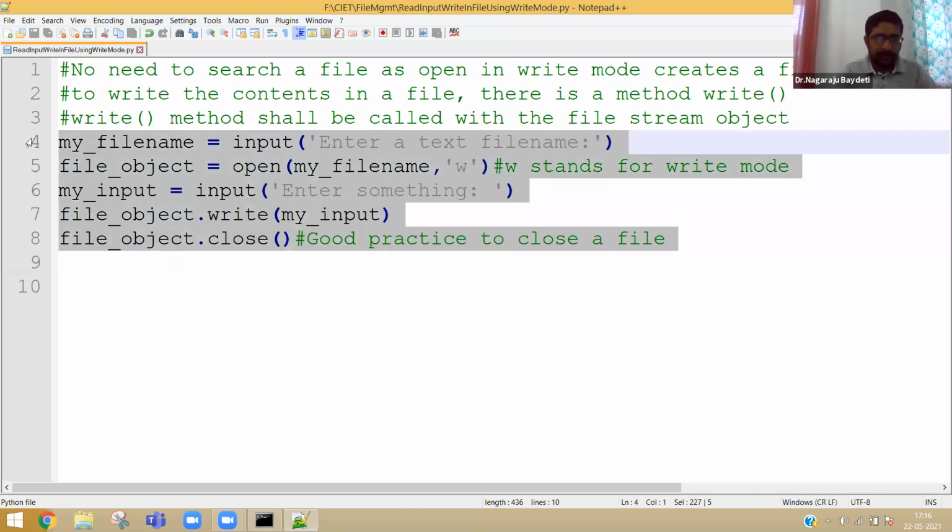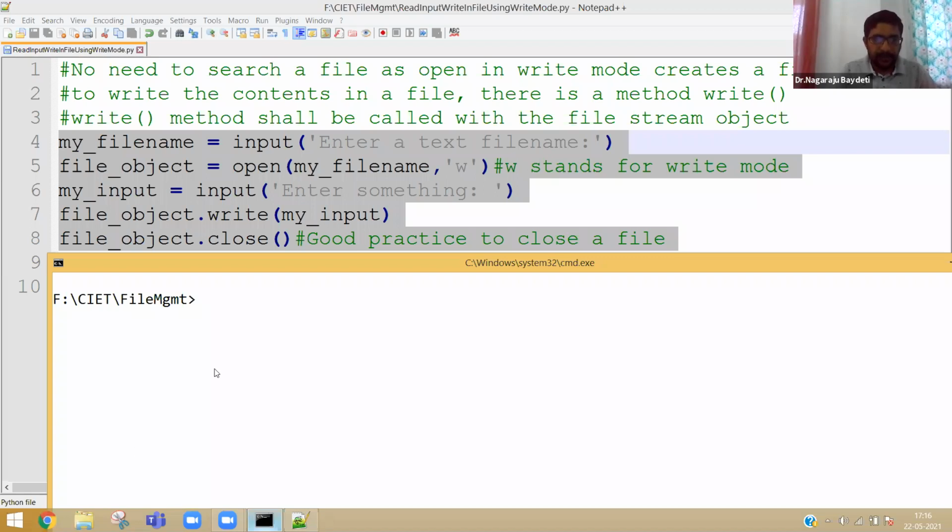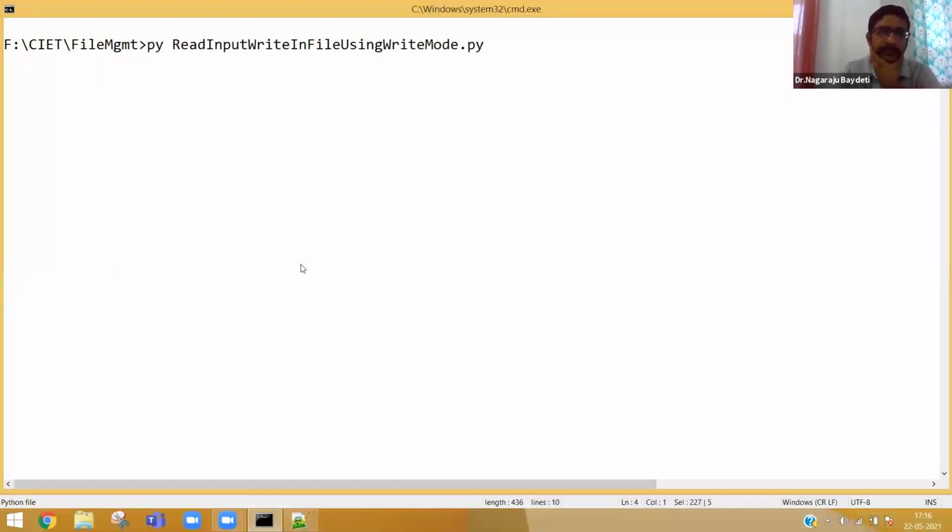Let me copy this, and then we will try to create one more file, like read input write in file using append mode.